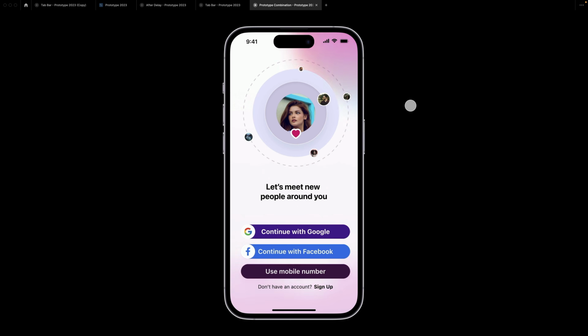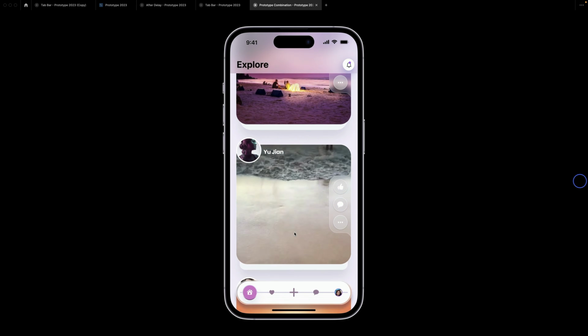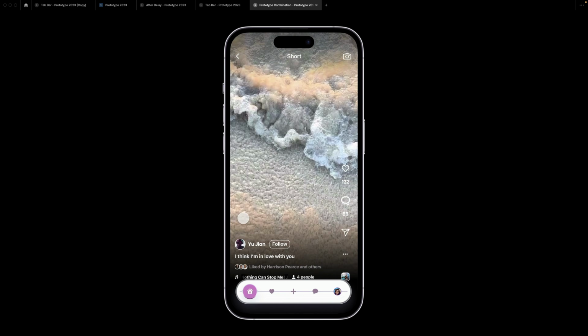We won't be designing from scratch, but don't worry, the Figma file will be provided for you to follow along. This course will be divided into 2 parts. The first part will cover the basics of prototyping, including how to implement after-delay animation, interactive button, floating tab bar with smooth transition, scrolling content with sticky element, and video prototype with its new update.